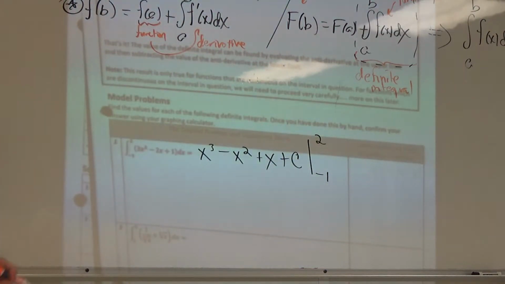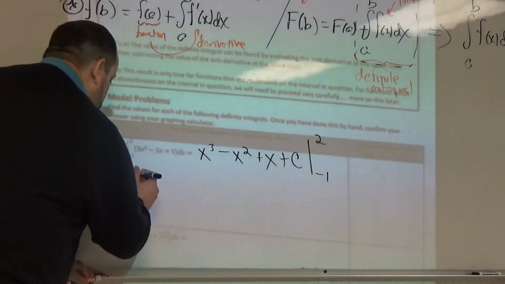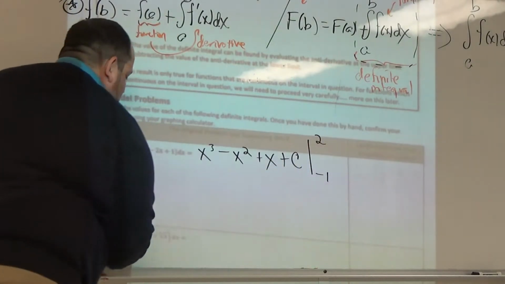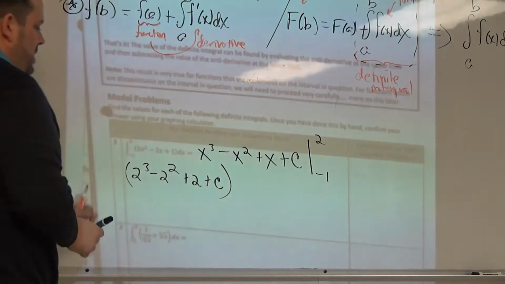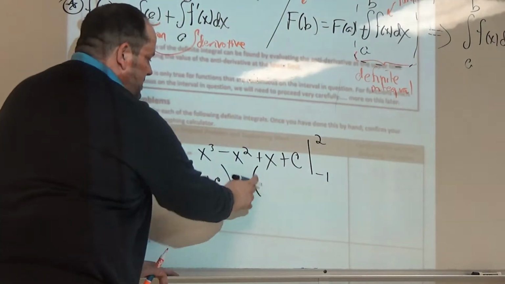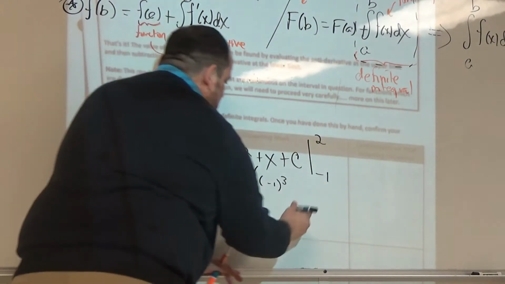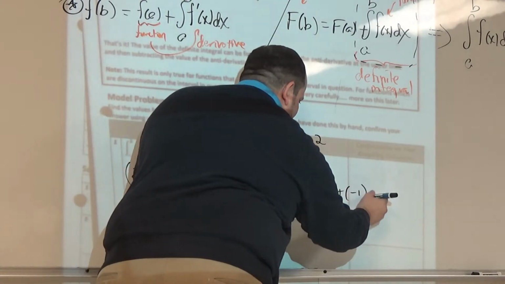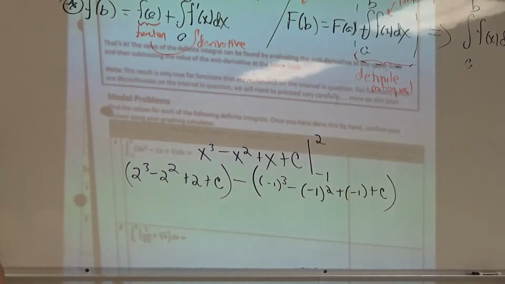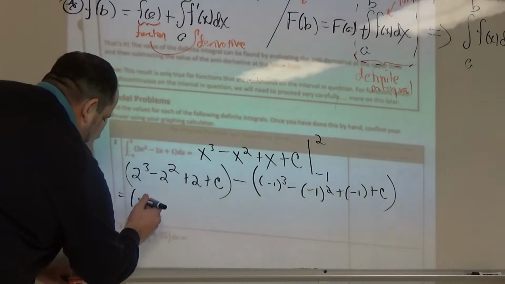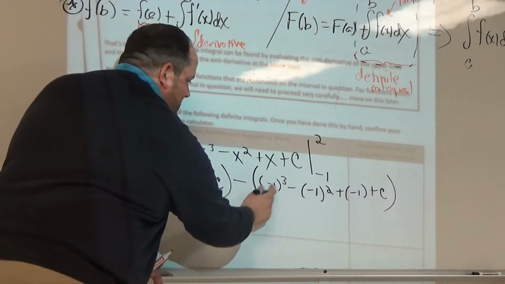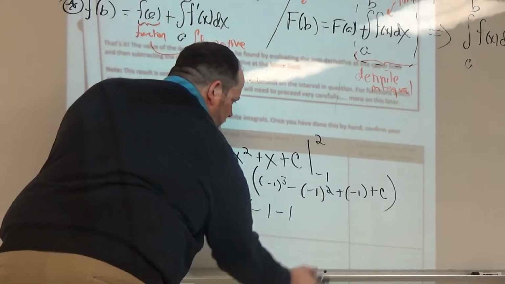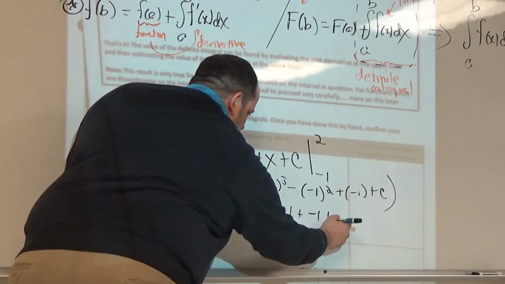Evaluate just means plug in. So, plug in the 2 first. 2 cubed minus 2 squared plus 2 plus c. All that minus, we need parentheses here. I need -1 cubed minus -1 squared plus -1 plus c. Have faith, we're almost there. 2 cubed is 8. 2 squared is 4, plus 2 plus c, minus -1 cubed is -1, minus 1, plus a -1,